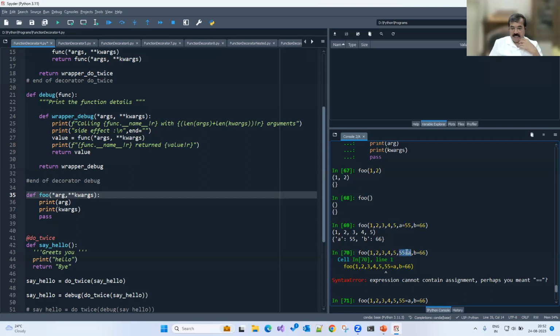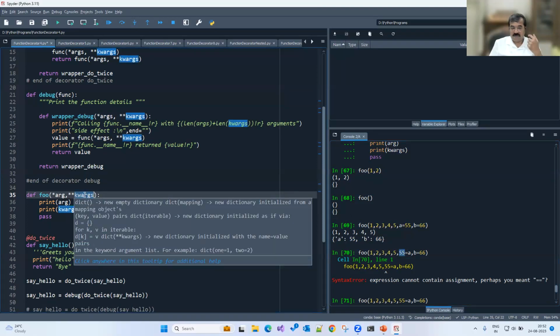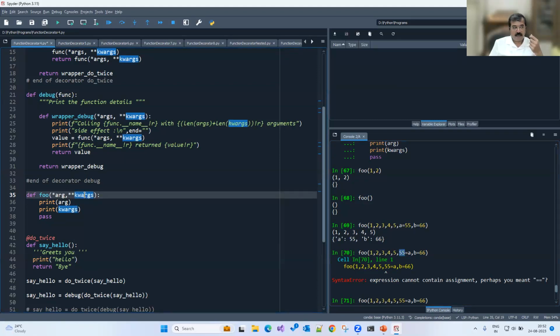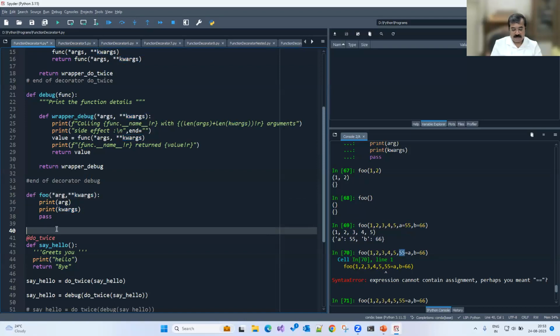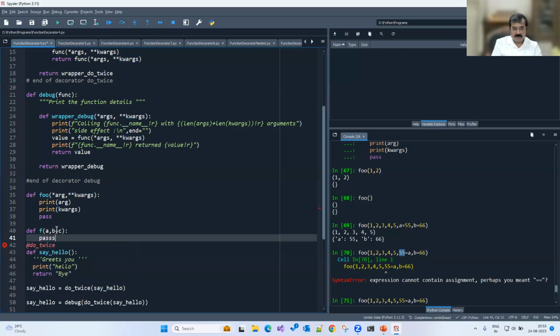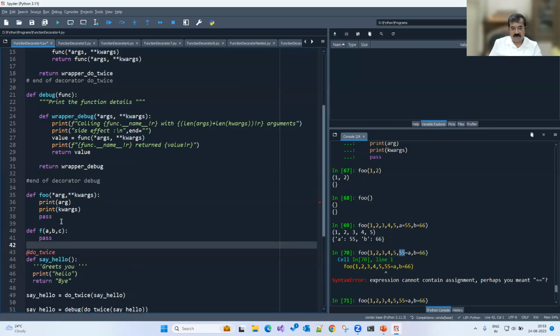ये key मतलब क्या है? डिक्शनरी की बात नहीं कर रहे हम लोग. We are talking about key to this particular function. So here we have to have a key which will identify the value. So it is like a function which takes in parameters like this, def f, and I have parameters called a, comma b, comma c. So these are three parameters that we have. Now if I have to give a call to this f,